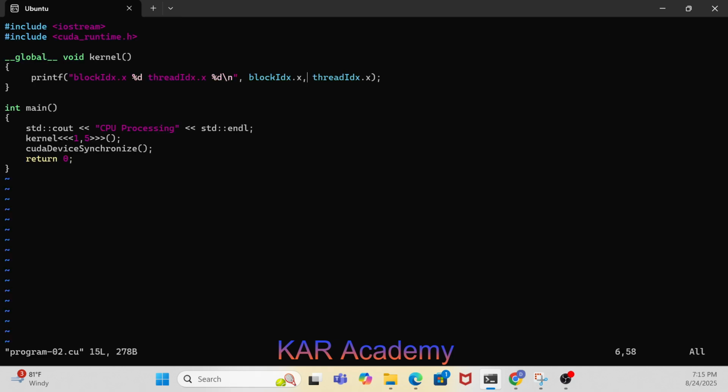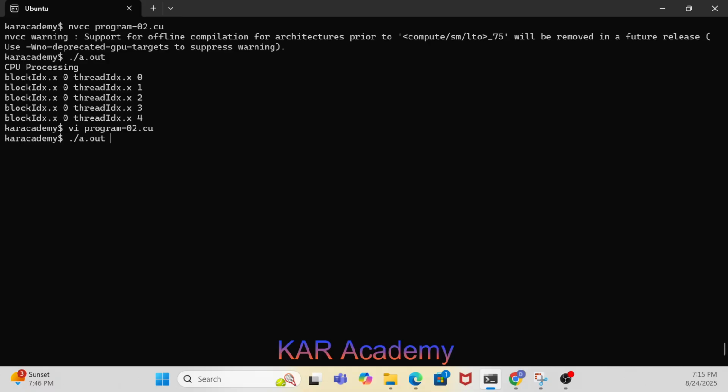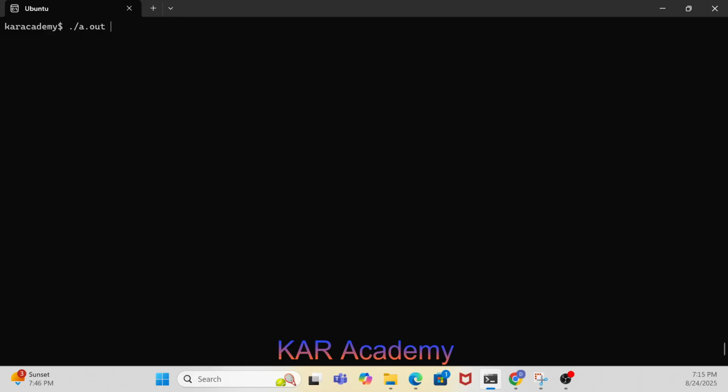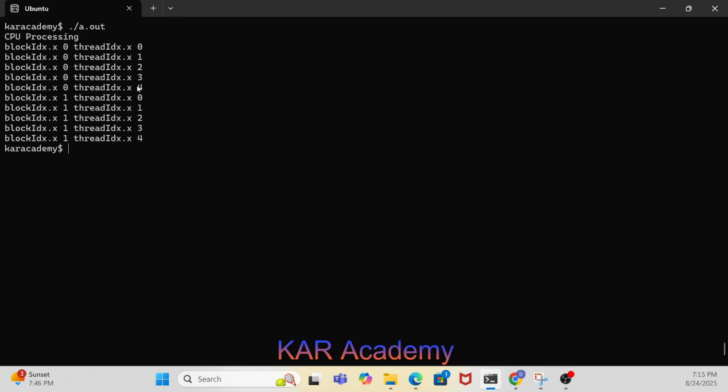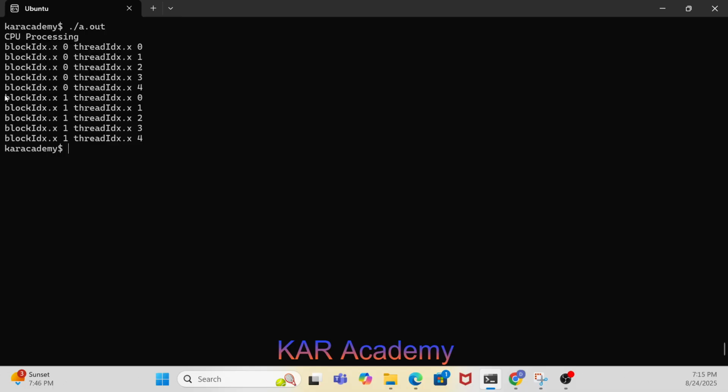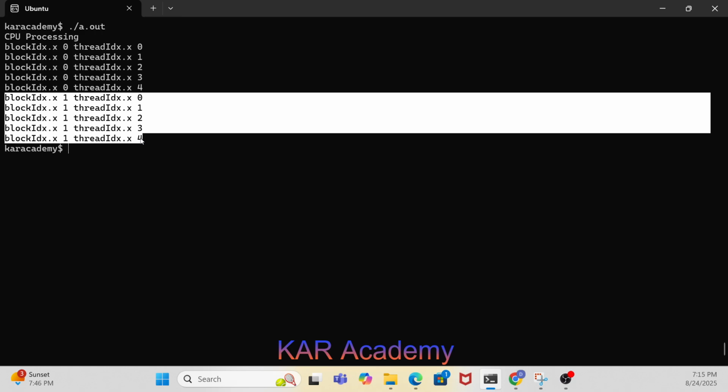Now let's modify this program again. Instead of one block, let's allocate 2 blocks. Let's compile this program again. Now we allocated 2 blocks and 5 threads. You can see there are 10 messages. The first 5 messages have block index value 0 and thread index from 0 to 4, and the next 5 messages correspond to block index 1 and thread index 0 to 4. If I have to explain this,